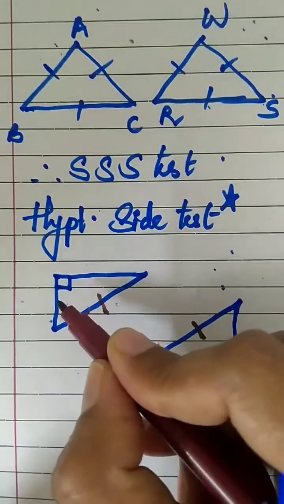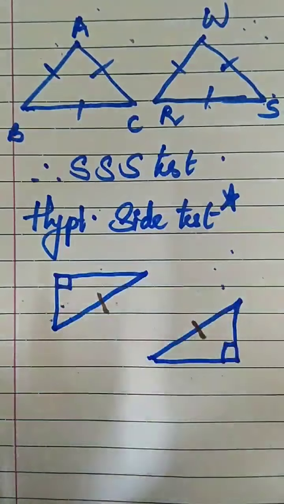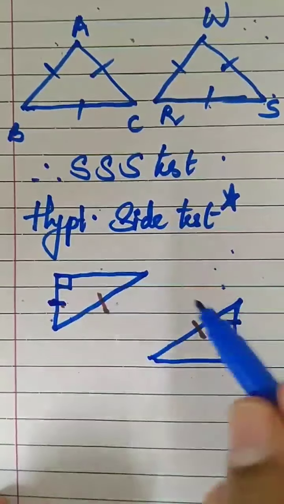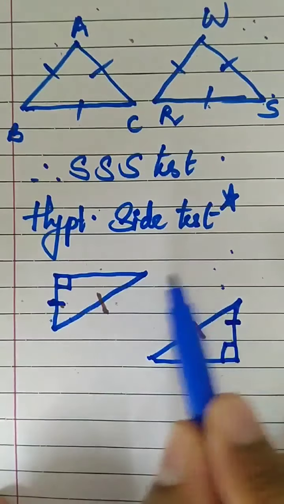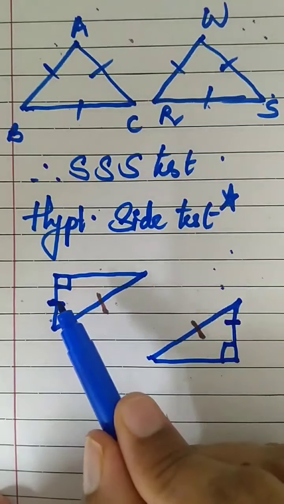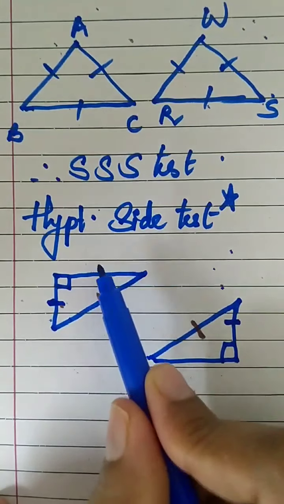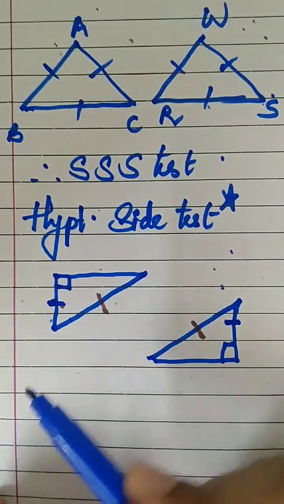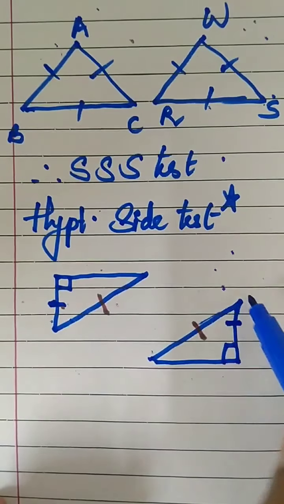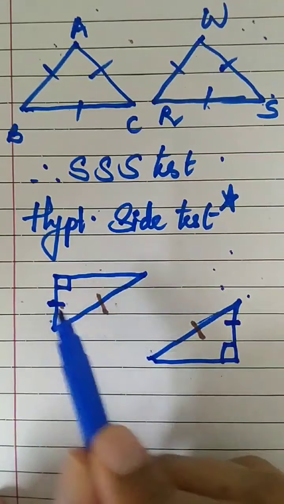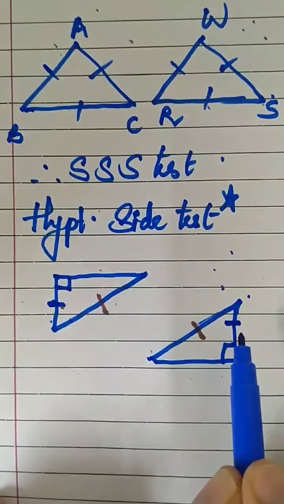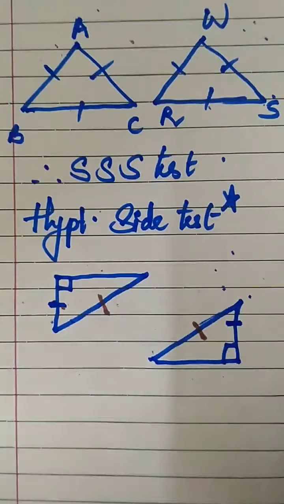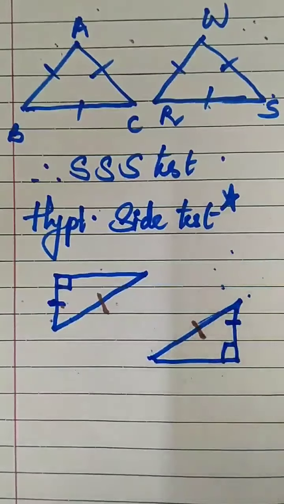So one A we already got. And any one side, out of these two sides, will be given congruent to the other side. So in this case, don't write this as SAS. This is not SAS. As you can see, side, angle, and this side is not marked. Here, the hypotenuse of one right angle triangle is congruent to the hypotenuse of the other right angle triangle, and you have one right angle side congruent. So in this case, this is always hypotenuse side test. Okay, steps also you have to write accordingly.